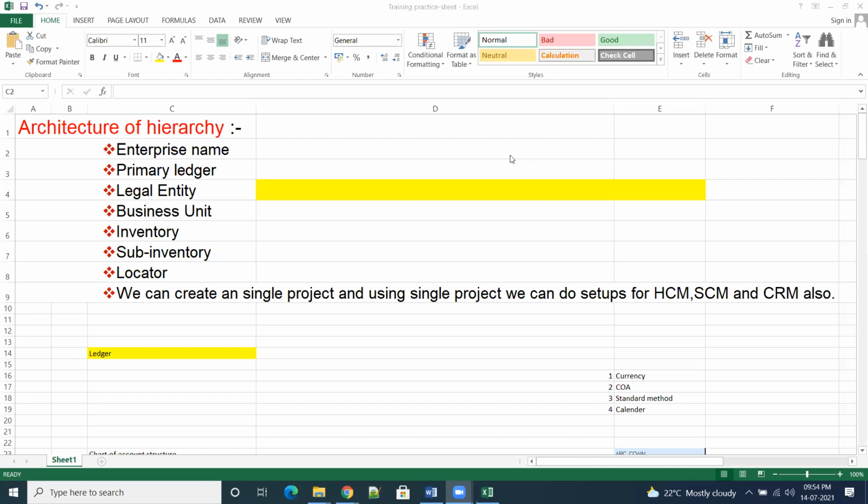Manufacturing is purely optional, Methi. If you have the knowledge, it is well and good. Even if you don't, if you know the different modules, you are eligible for SCM consultant. This is standard. Even if I complete these 3 modules, can I take a certification from Oracle? Yes, we can.